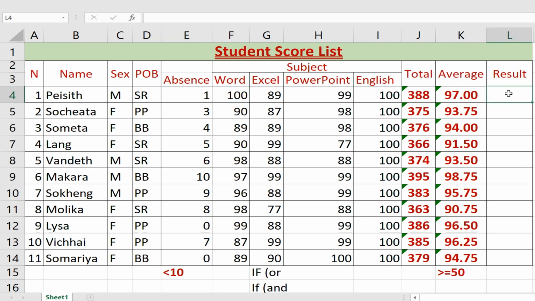And in here the result. So for the result we use IF with AND. There are 2 cases here. First, the student's absent must be less than 10, and the average must be greater or equal 50. They will pass. We type in here IF and